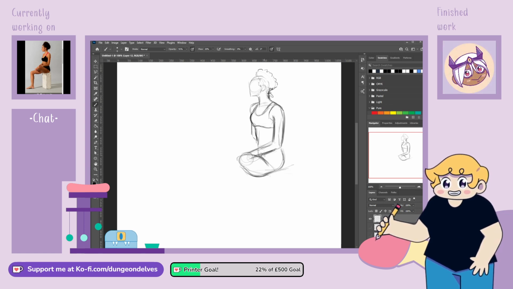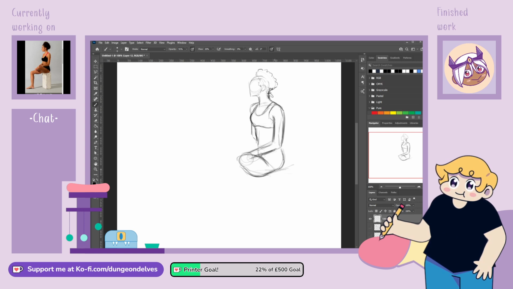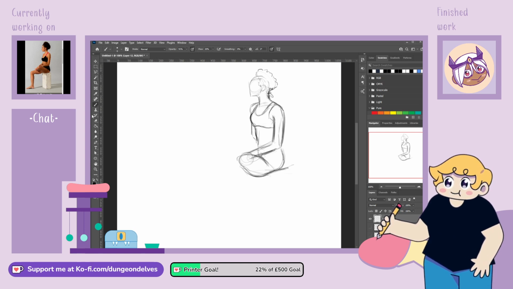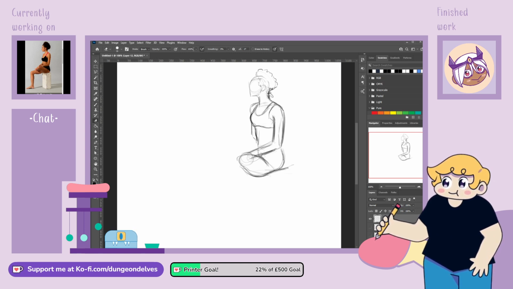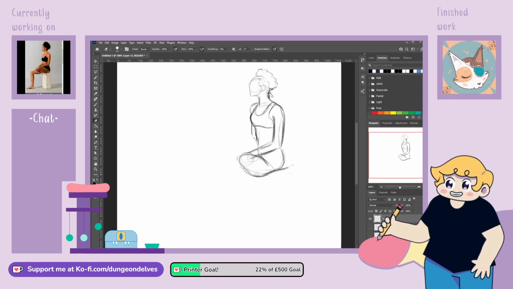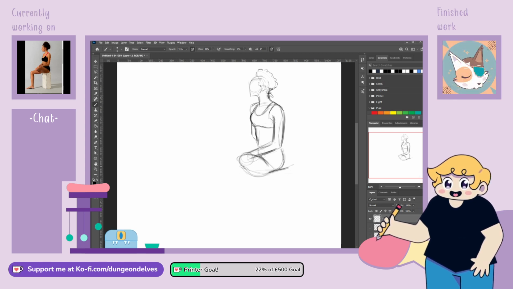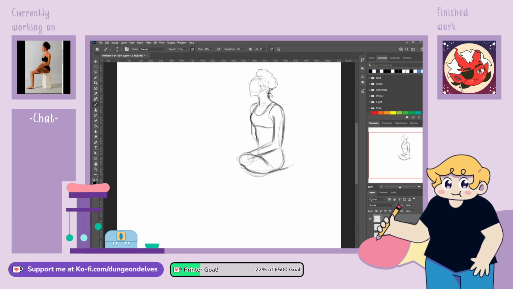You can see it's squashing against where she's sitting. But I think that's a bit much. That's the shape, but I think I went a bit overboard. There we go. And then you've got a little bit of the calf muscle.